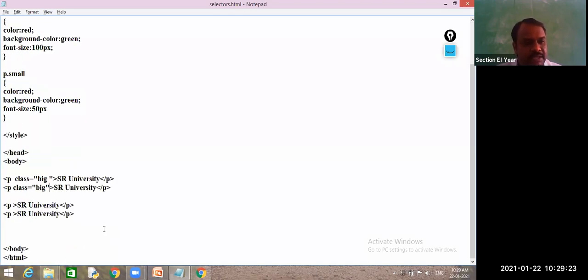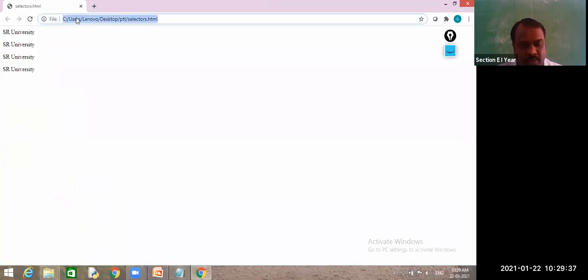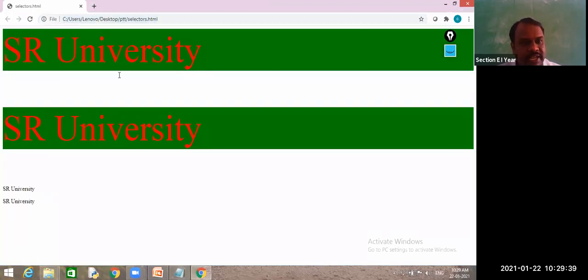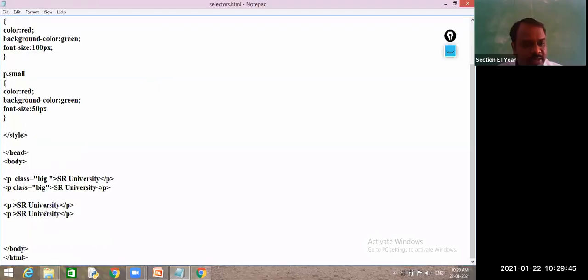Now we see. For these first two lines, it will display color as red, background color as green with a 100 pixel size because I have used this class. See this one, is it applied? Yes, sir. Next, for this one, what will I do? Class.